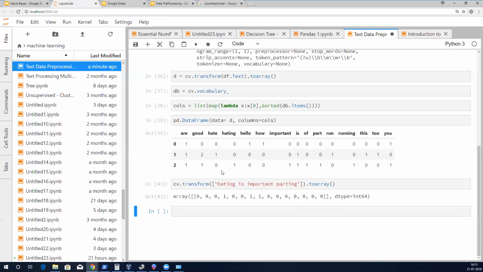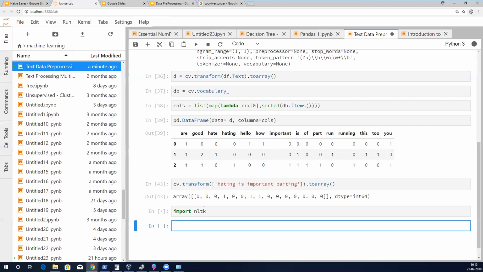I hates you, I know that's technically wrong English, but that's okay. So you basically want to bring these words into one column itself. This is known as stemming. For this you have to use the NLTK library. Import NLTK.